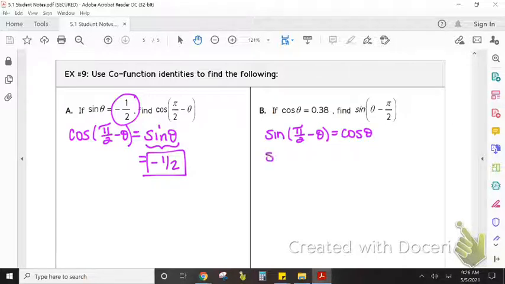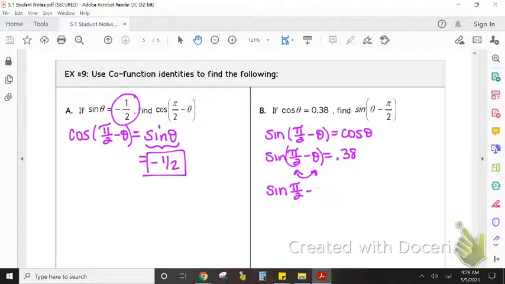And so we know then from above that cosine of theta is equal to 0.38. So I'm going to switch that in. But these two are switched. They switched signs, which has to do with the negative of it, okay? So sine of pi over 2 minus theta,